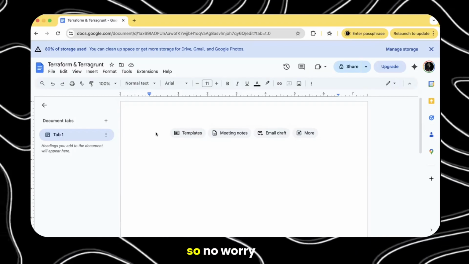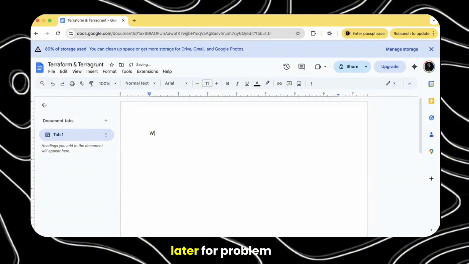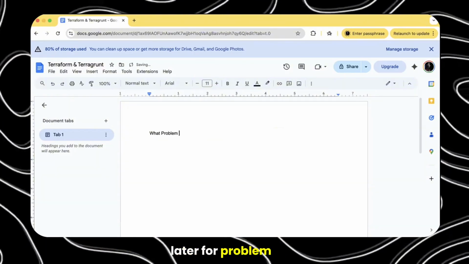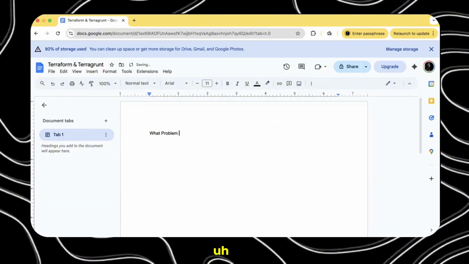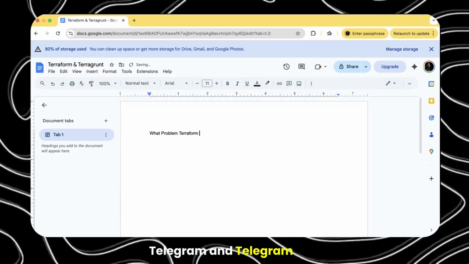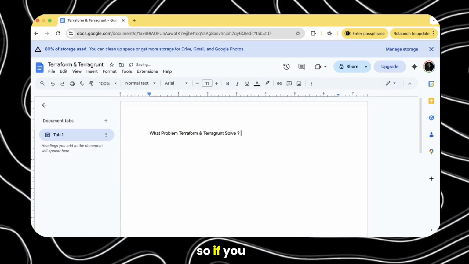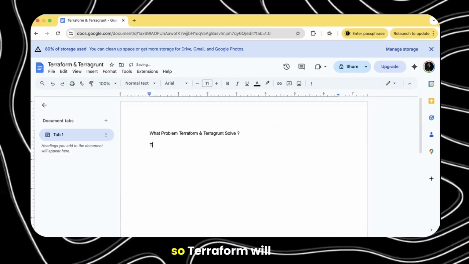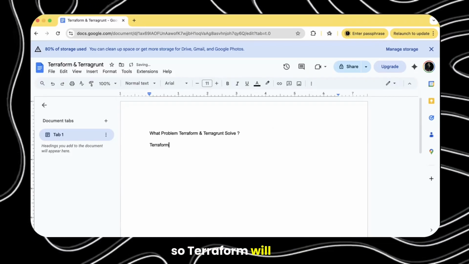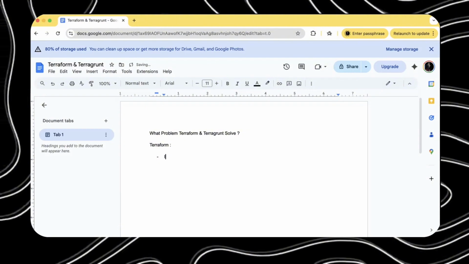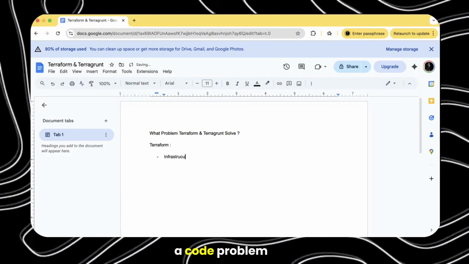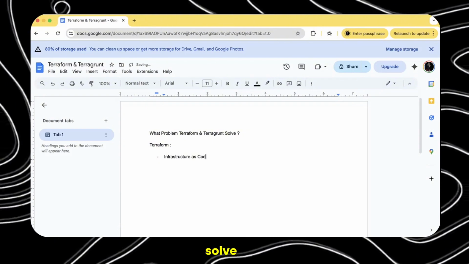So normally, if we see what problem Terraform and Terragrunt will solve for us: Terraform will always solve the infrastructure as code problem. What will it solve?